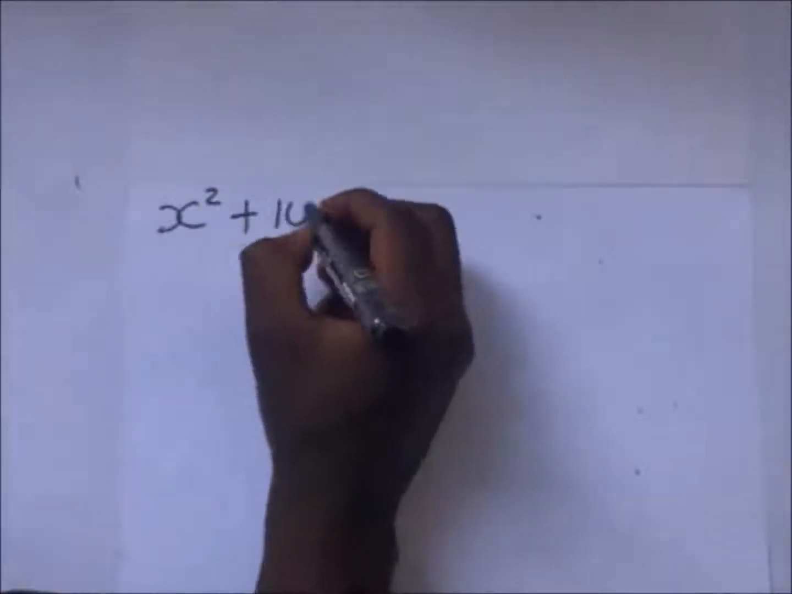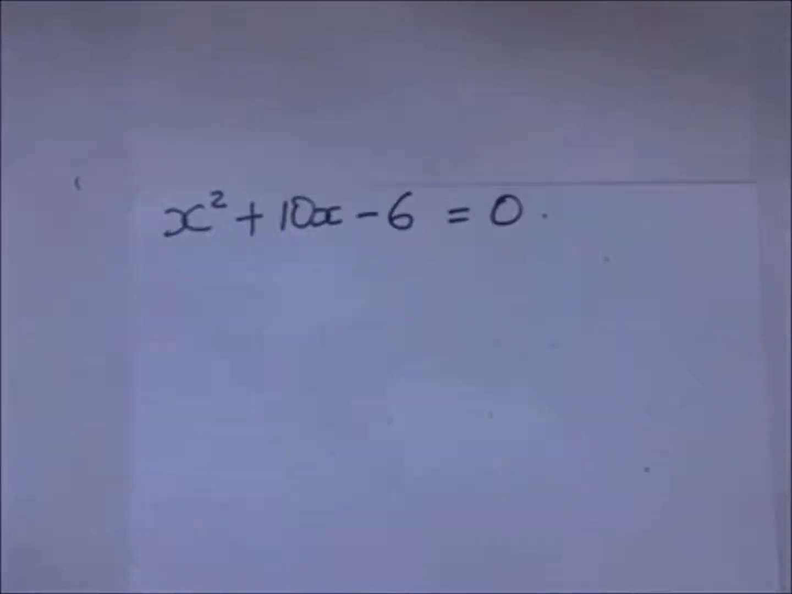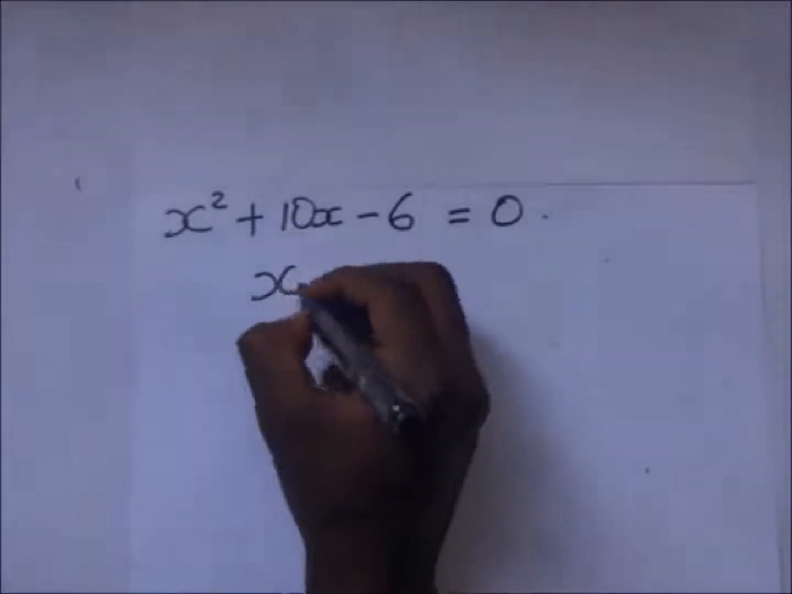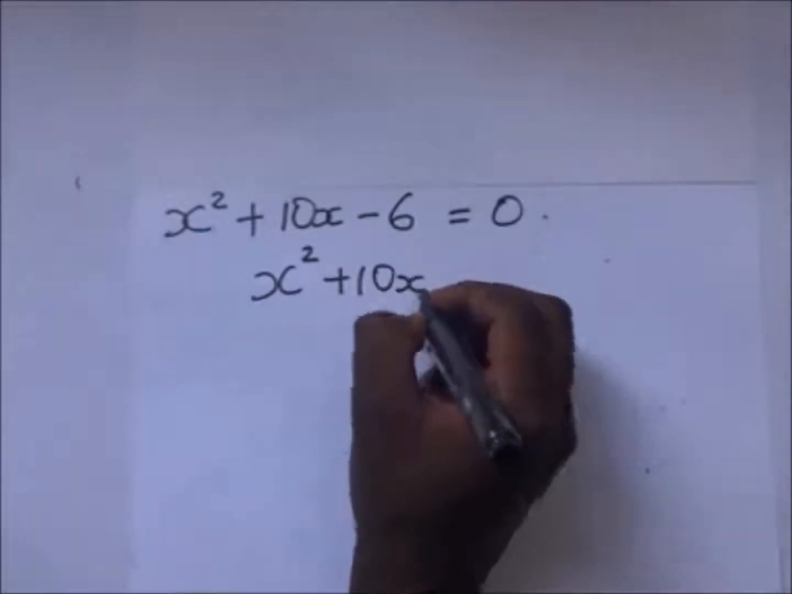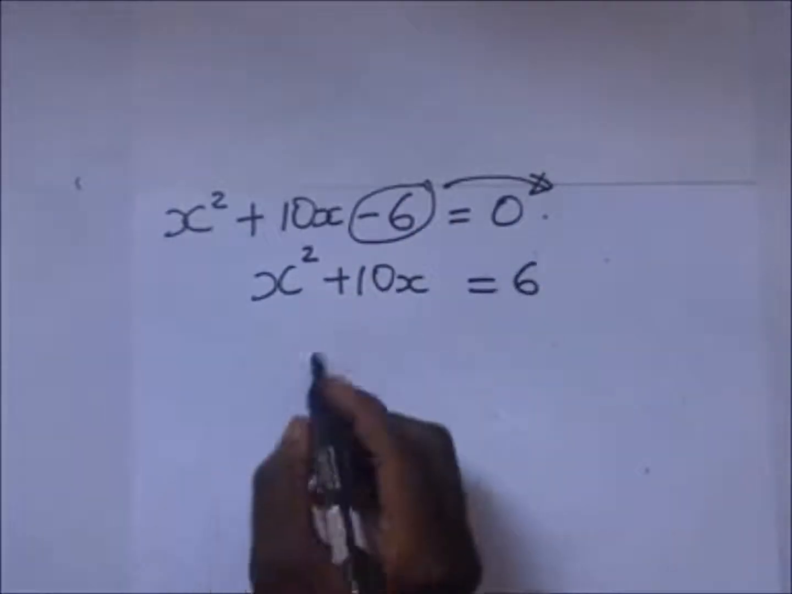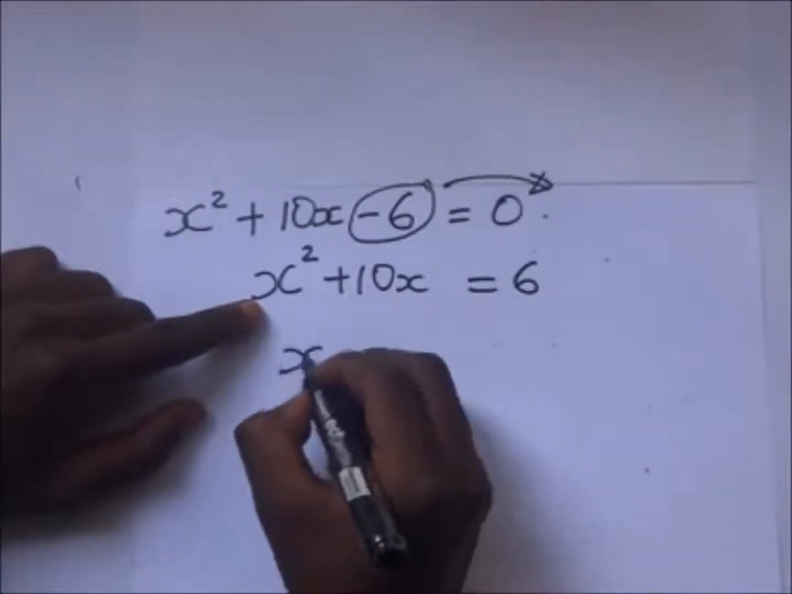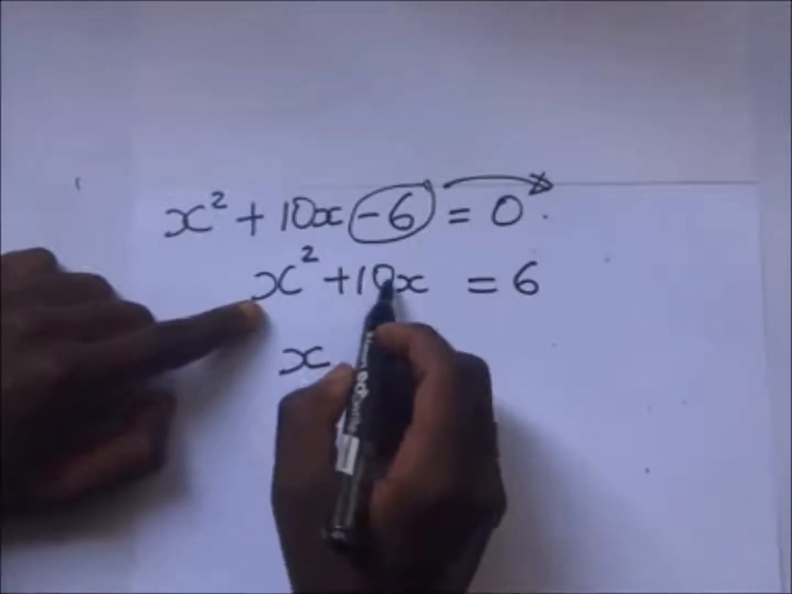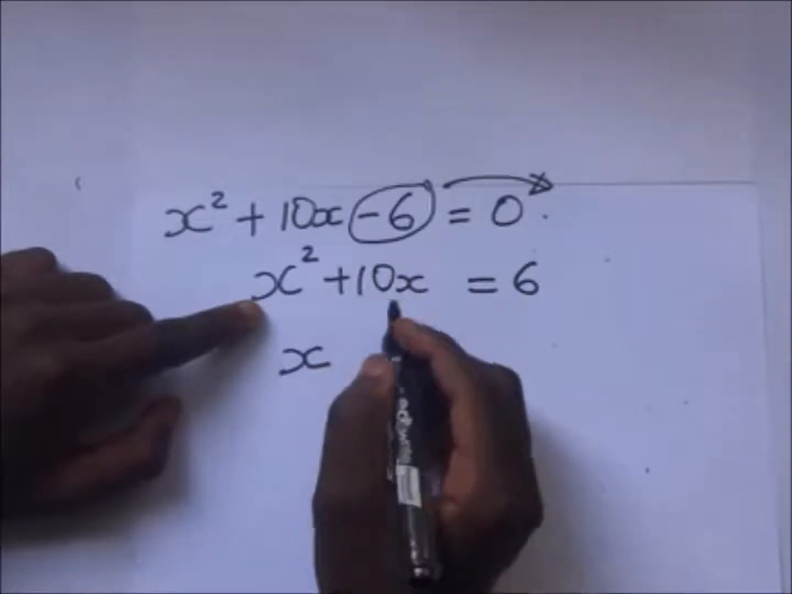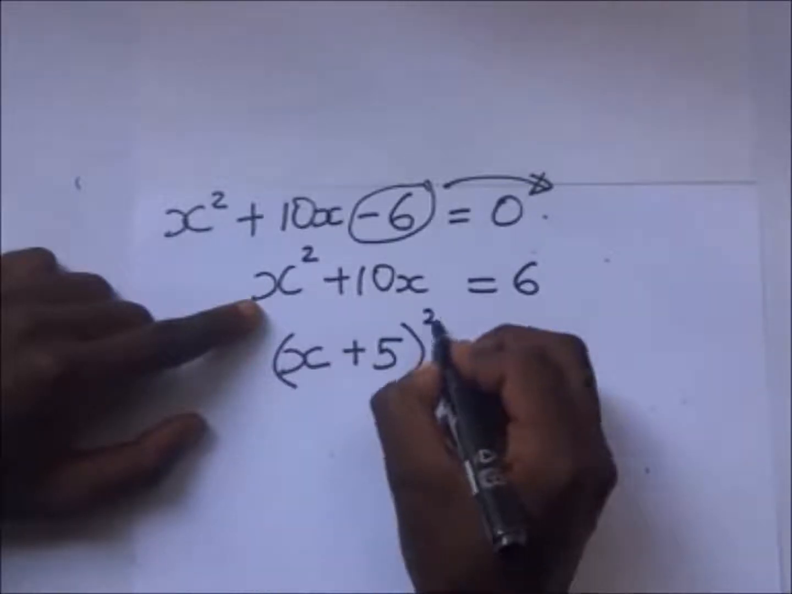x squared plus 10x minus 6 is equal to 0. Now we are meant to solve that using completing squares. I'm going to use the shortcut. So x squared plus 10x is going to be equal to 6. When it moves this side, it becomes positive 6. So what we do here, we have 10x, so it's going to become x plus 10 divided by 2. Dividing this by 2, you're going to get 5. So it's going to become x plus 5, and this is going to be squared, equal to